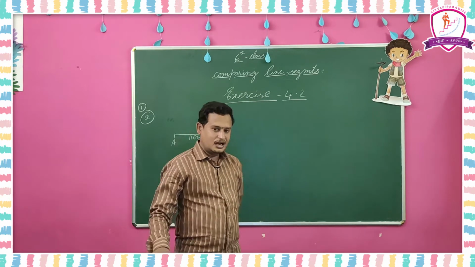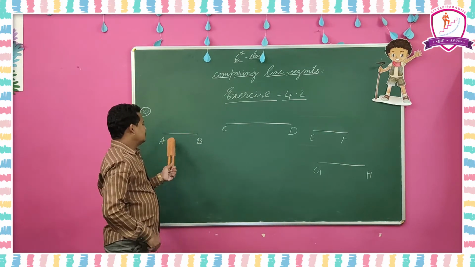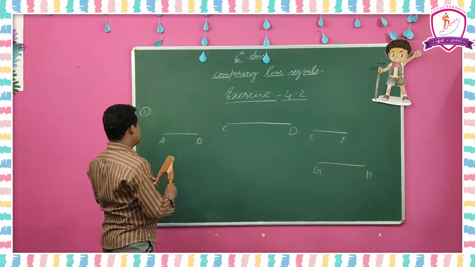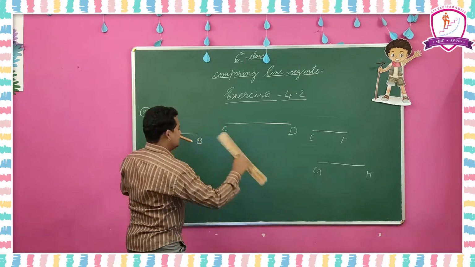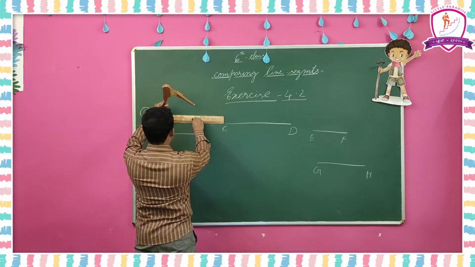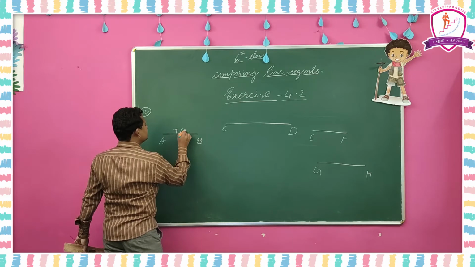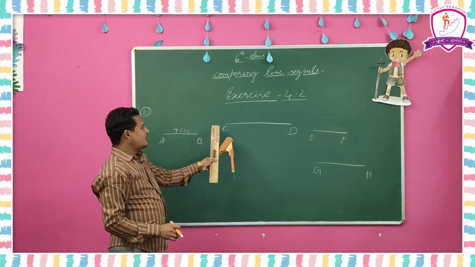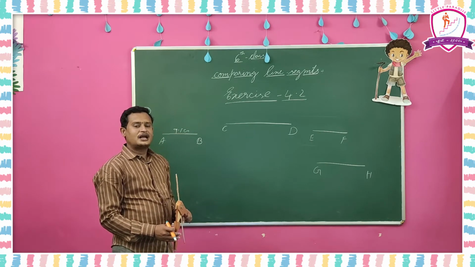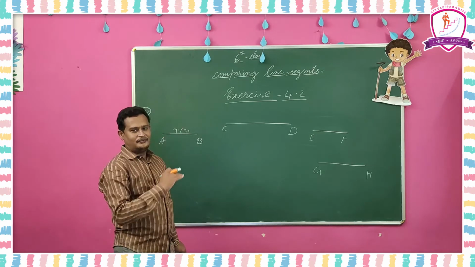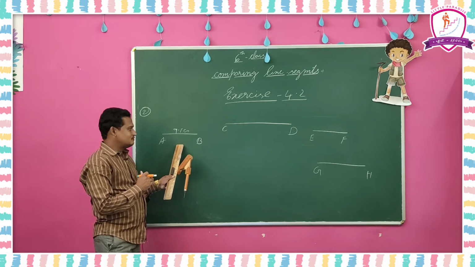So what we have to do, I am going to explain an example here. Here, the second one, questions are given like this. You can use the divider here, put it like this and put it on the scale, and it is 9.1 centimeters. Like that only you have to find the lengths of all these line segments, and then you have to write them in the ascending order. Okay. The line which I drew here is 9.1 centimeters.